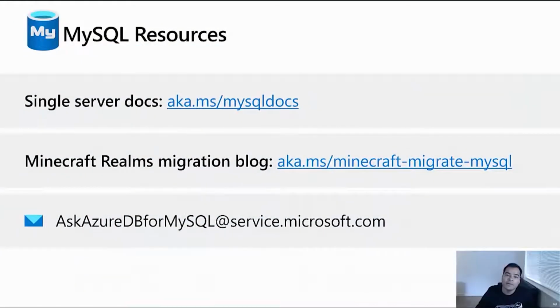And I put some of the MySQL resources where you can get the details which we have discussed. The first one is the single server docs. You can go to this single server docs and get all the details. You can also read about Minecraft CRM's migration blog. And if you have any question, please feel free to reach out to us on Ask Azure DB for MySQL